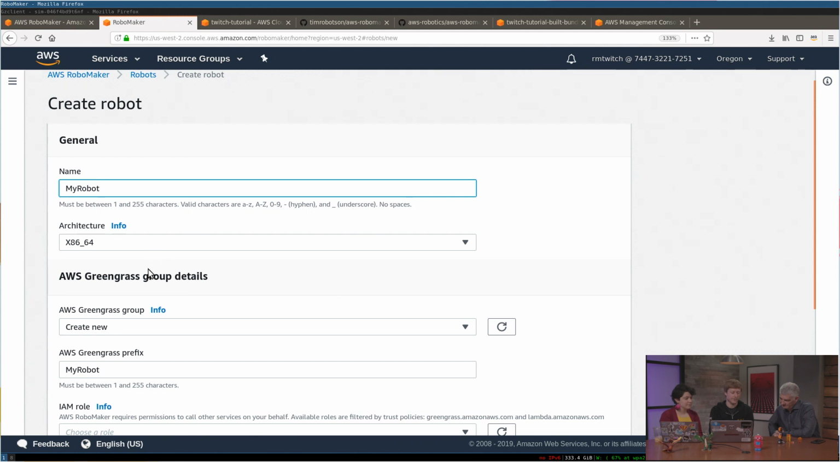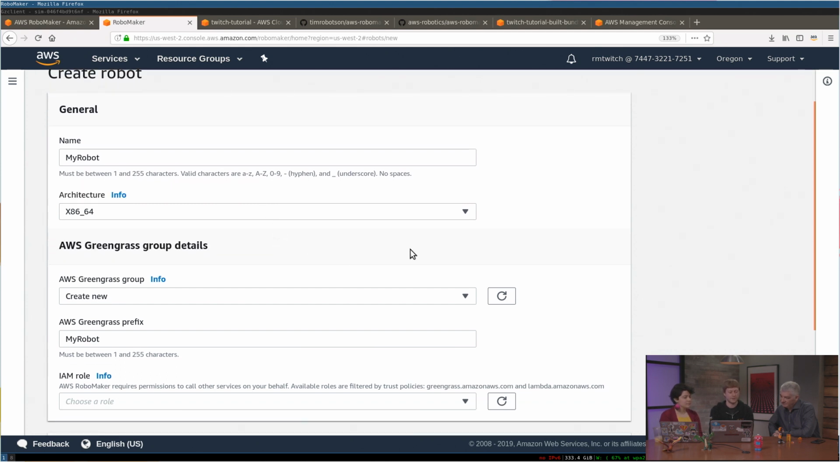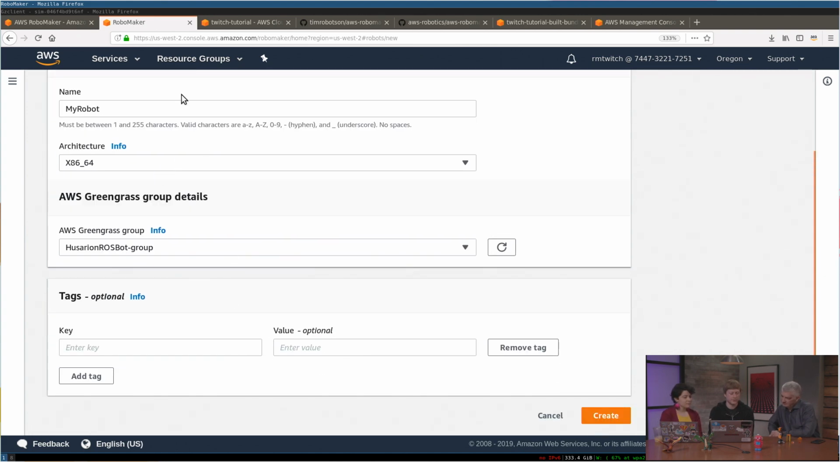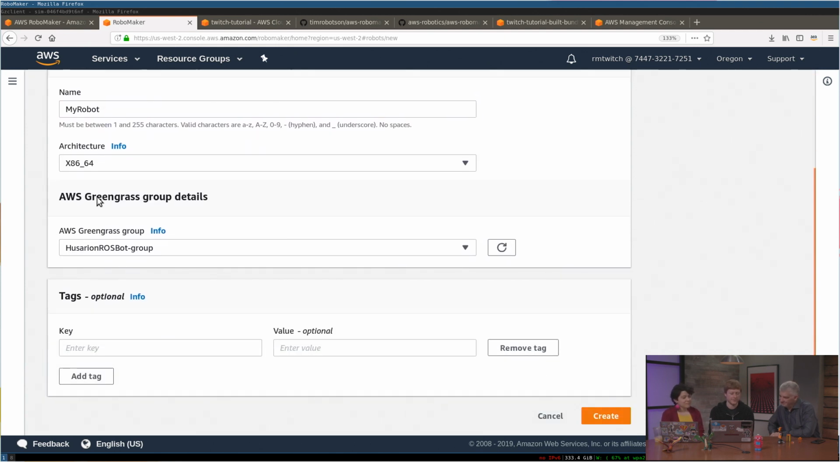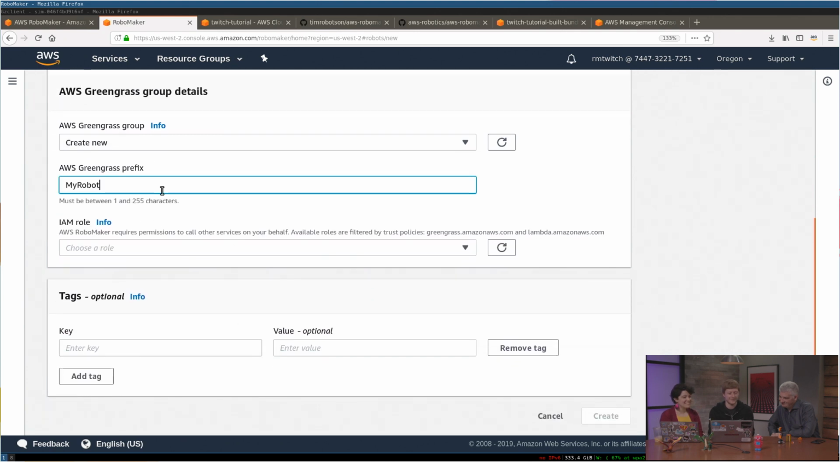And so we create the robot, we choose what type of robot it is. So if you're running on a Raspberry Pi, it'll be HF, but otherwise x86 for other computers. You choose the Greengrass group that you're sending it to, and then create your robot on here. Okay, the Greengrass group is already in use, so I guess we need to create a new Greengrass group. So we'll call it my robots, and we'll choose a role, and we can create that group,